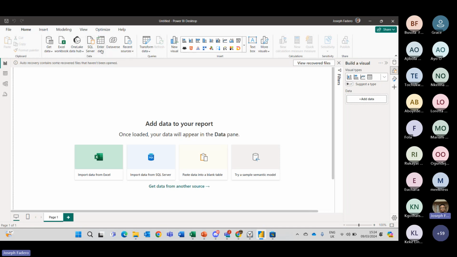If you want to enter data into Power BI itself, you can use this tool, Enter Data in Power BI. You have something called Dataverse. This is for people who are familiar with the Power Platform. Power Platform is a low-code/no-code tool. We're not talking about the Power Platform today, but it's good to have a general understanding of what it is. It's like the database for your Power Platform products.